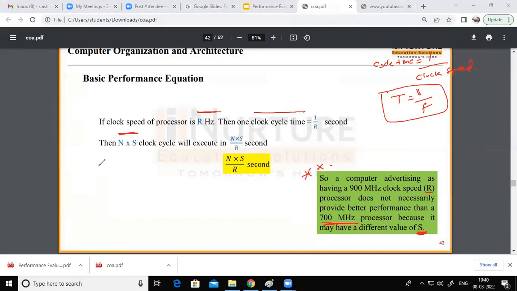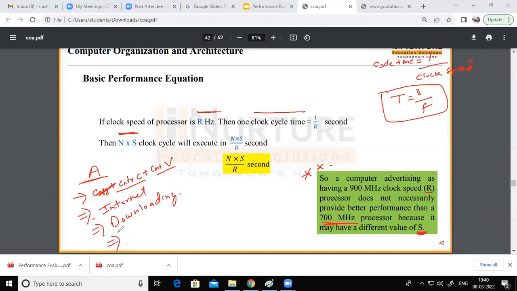For example, with system A, you have to copy a particular video file from one location to another, so you're doing Control C and Control V. At the same time you're using the internet, downloading something, or at the same time you are watching a movie also. So these many tasks you are performing when you are using system A,